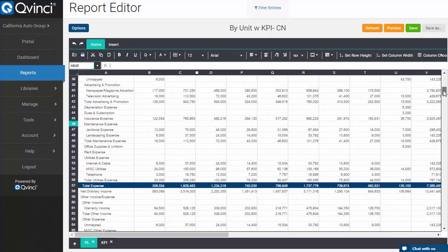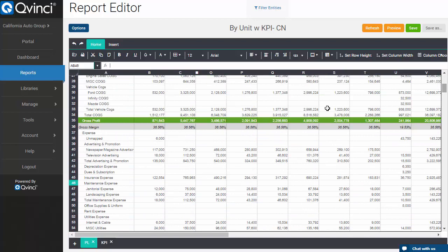And you'll notice that if I come down here, I've added a new row. This doesn't come out of QuickBooks, the gross margin row. I inserted it as a row, put gross margin in, and you can see that I added a formula and filled it right, just like Excel. So from now on, when this report runs, the gross margin calculation is going to be there across 1 to n units that it runs against.